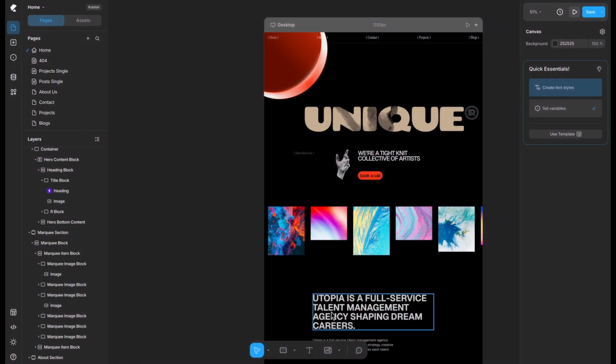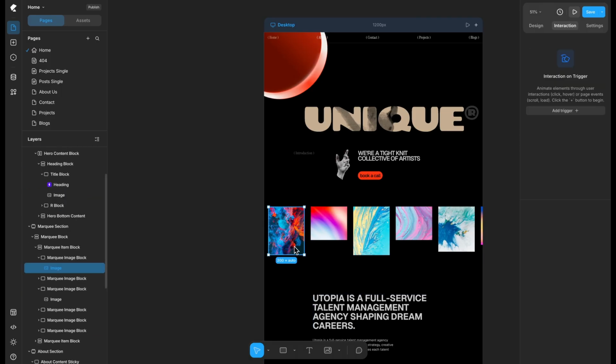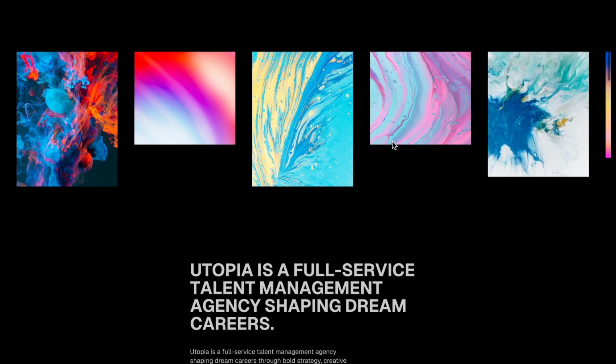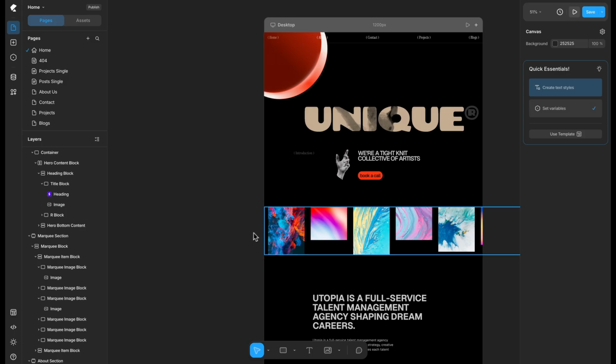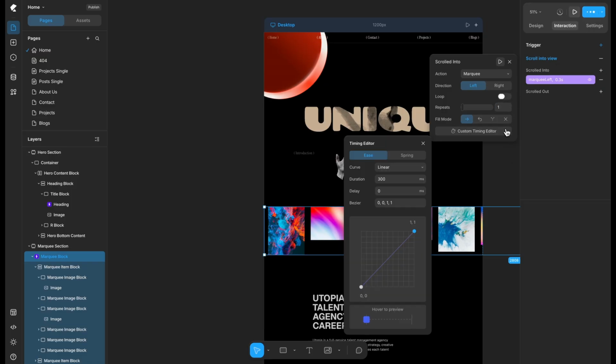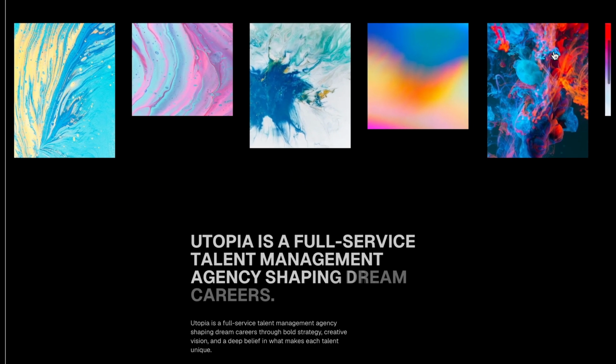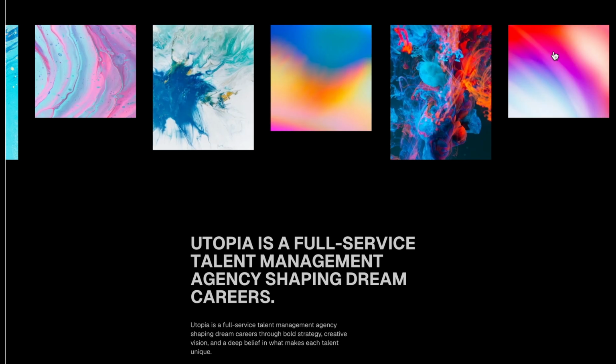So, we have just seen animation for text elements. Let's now try to add animation to a complex component. Now, here's another page that just sits there. Let's change that. We'll pick the block and set the trigger to scroll into view. We can find multiple pre-built options even in this section. We'll choose marquee. We can control the direction, timing, and the fill mode. All of it. So this is another example of how we can use presets for complex components and how seamlessly